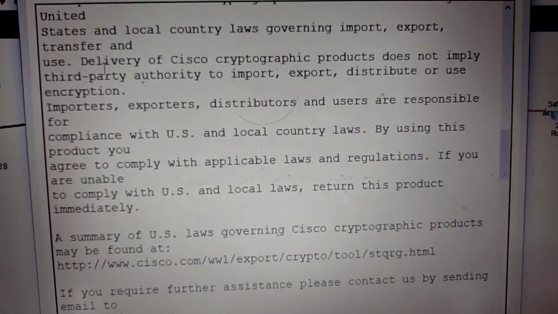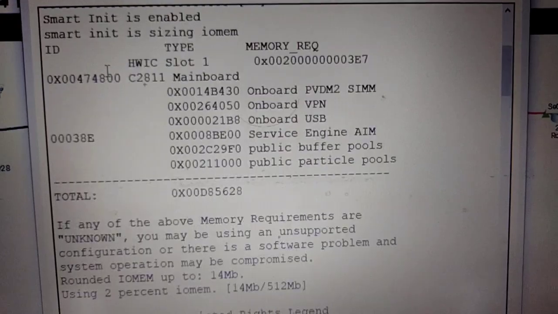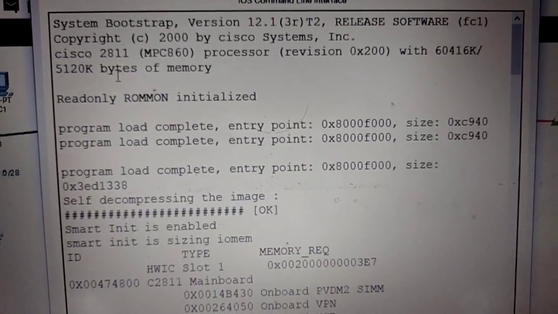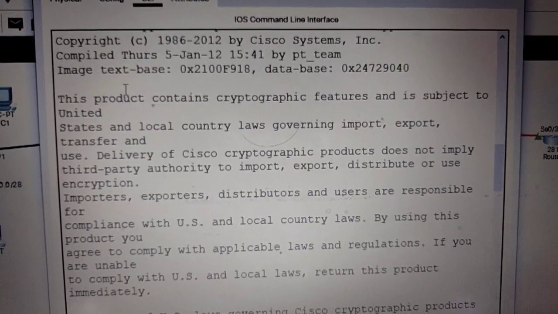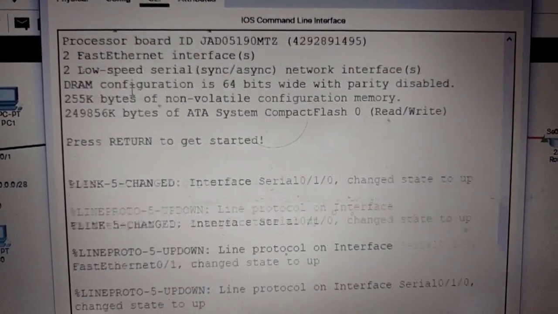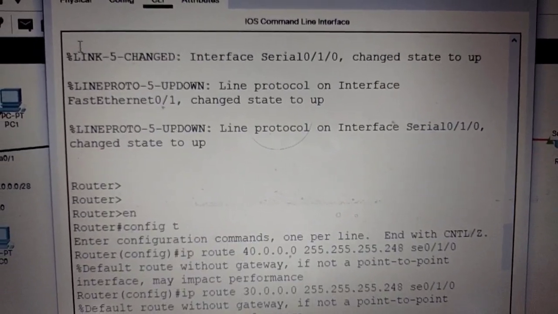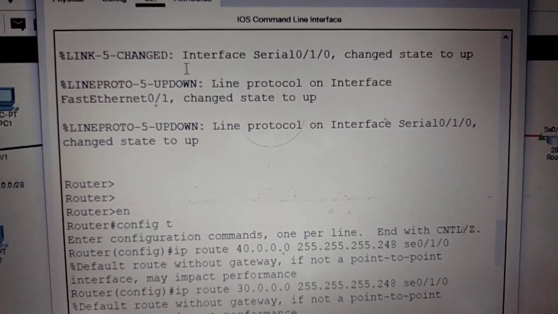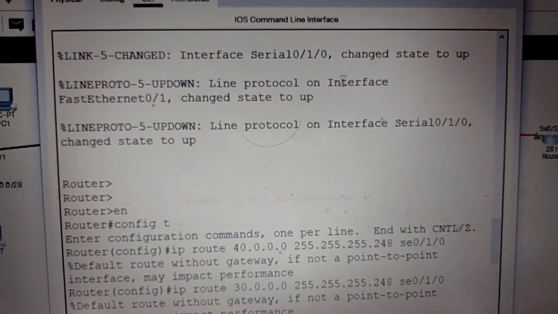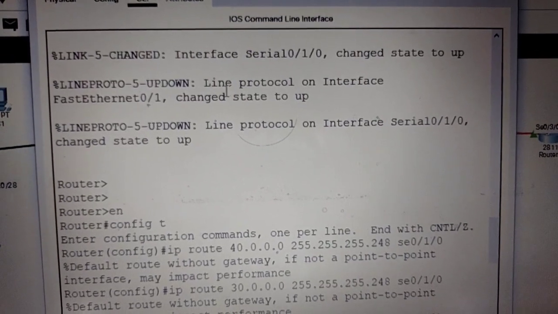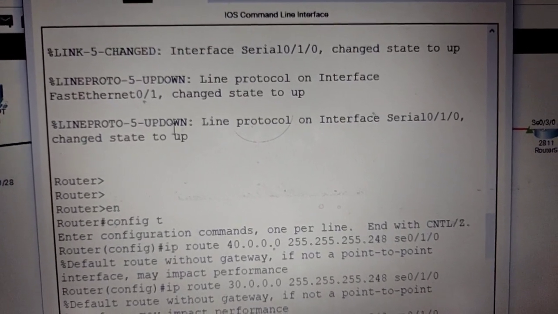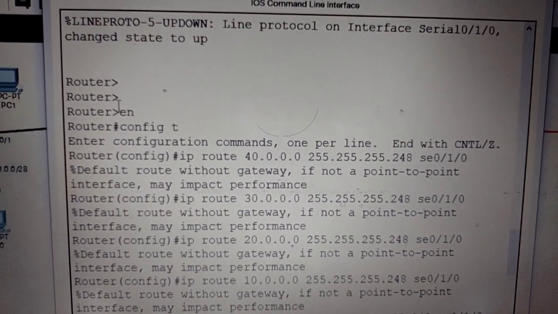If you have any doubt, we can check here, no problem. See here, link 5 changed, interface serial port 0/1/0 changed to up, and now everything has changed to up. Now you can see the routing part.